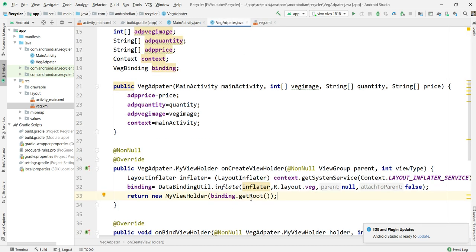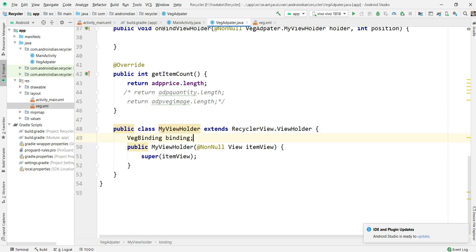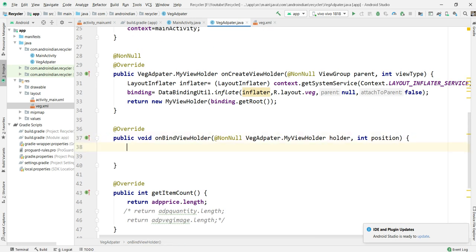Once again here we need to declare the binding, and get the binding, because that class and this class are both different. Here I am getting the binding based on this item view. So here you can type this item view.